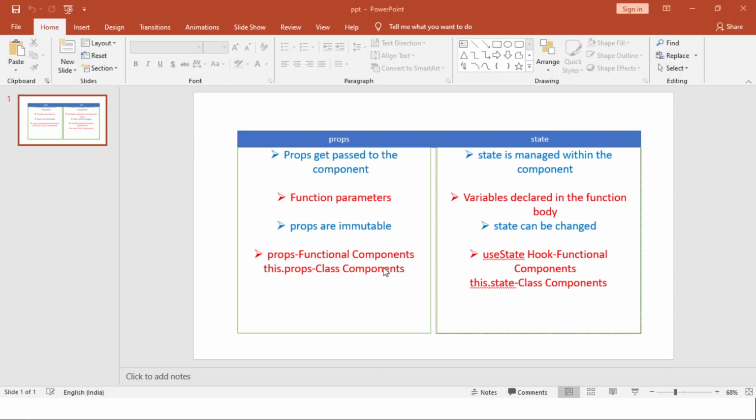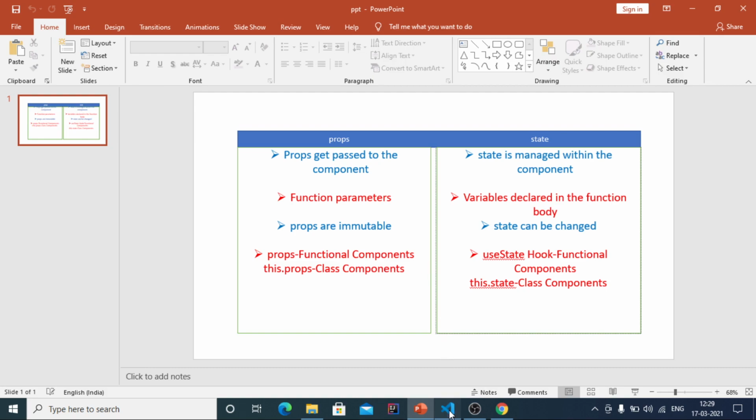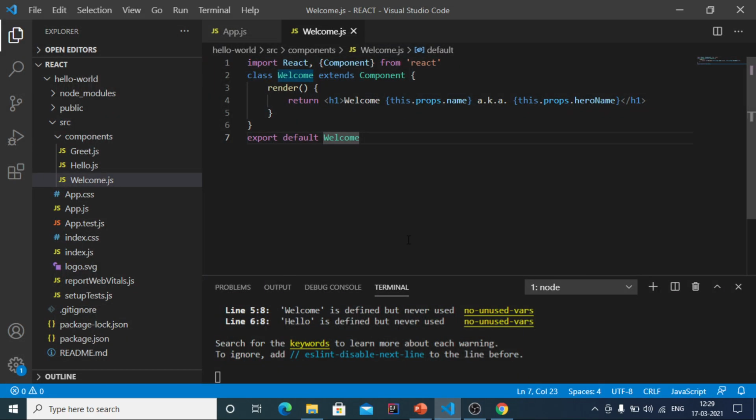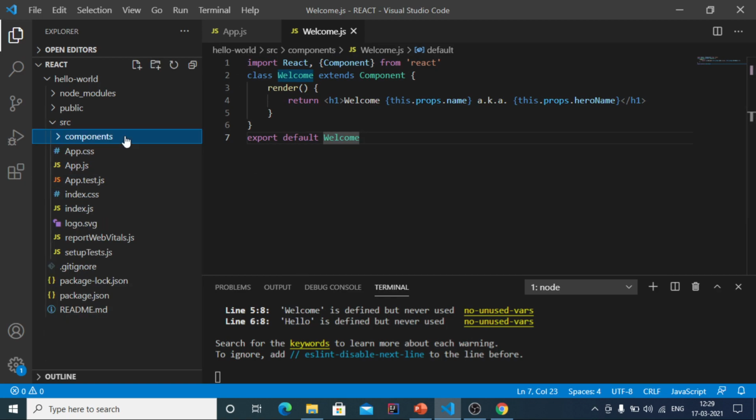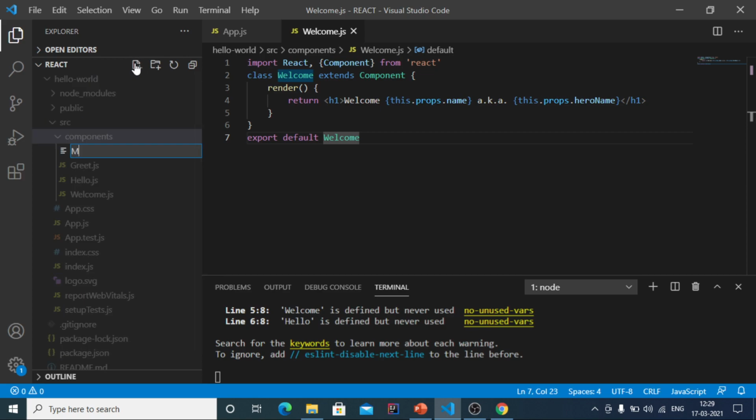So let us open the Visual Studio Code editor, and without wasting much time, let us get started by creating a new file within the components folder called message.js.